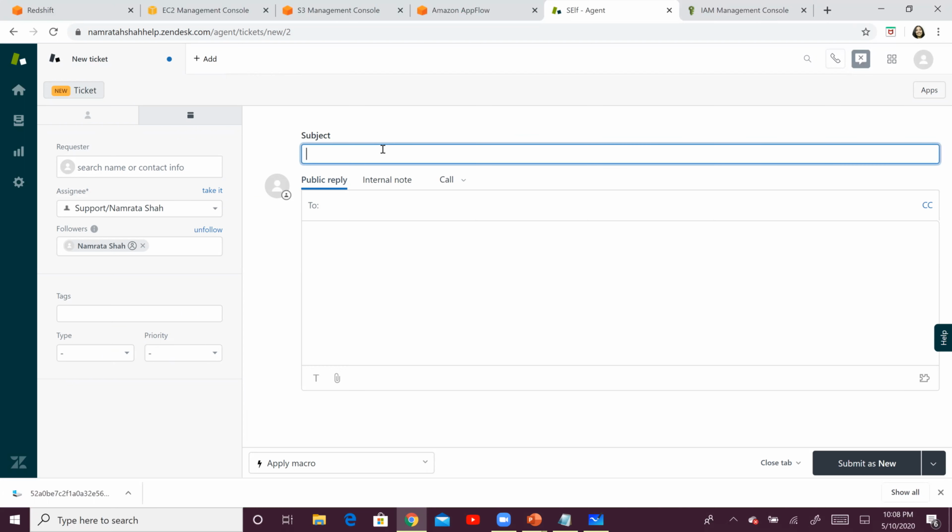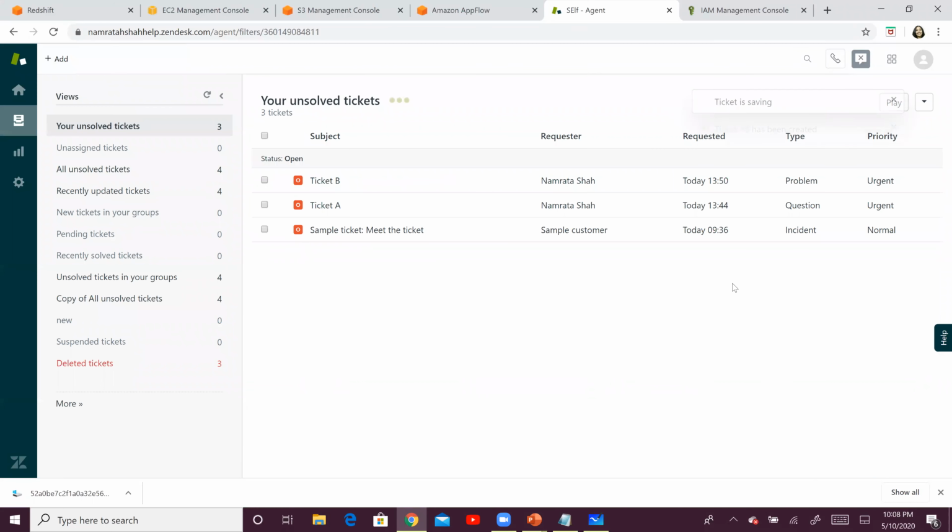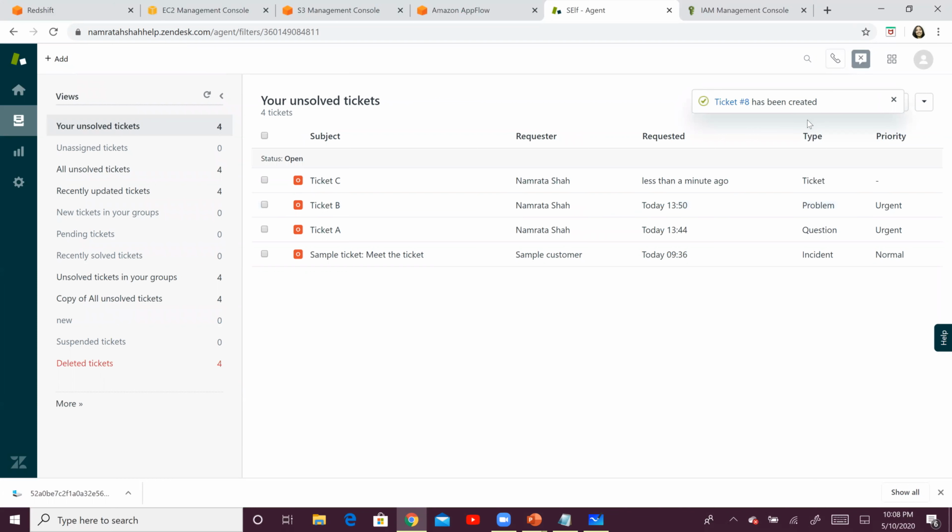I mean, if you want, you can, but in my situation, for this ticket, I'm not going to add anything. I'm going to give it the name ticket C, and then click on submit as new. So this will be a new ticket that will be submitted. The type over here is ticket and priority is empty or null.